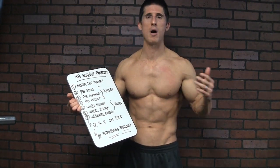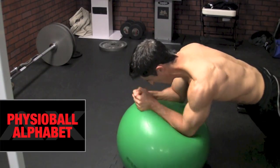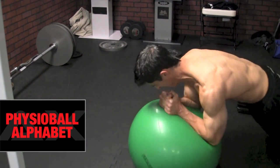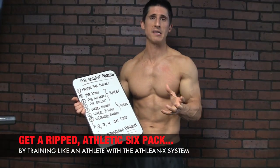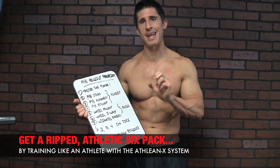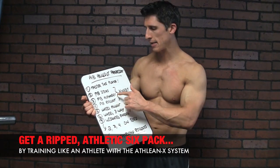Next, you move on to what we call our PHYSIOBALL alphabets. Now, instead of making a predictable motion like a circle, you've got to start drawing some letters. And obviously the letters have a lot of different quick angle changes to go from the bottom of an A to the top of an A and around the C and up through the E. We've got a lot of different perturbations here, and we've got to make sure that we can handle them all. But again, very small movements, not really rolling out fully just yet until the next one, and that's our